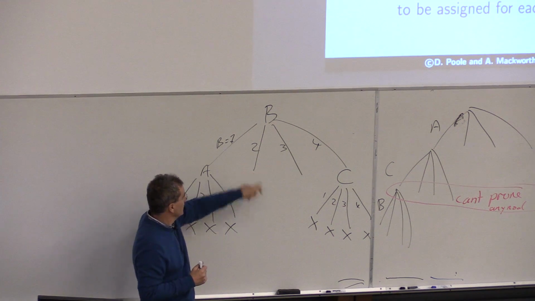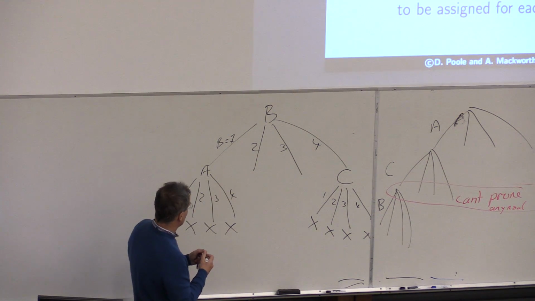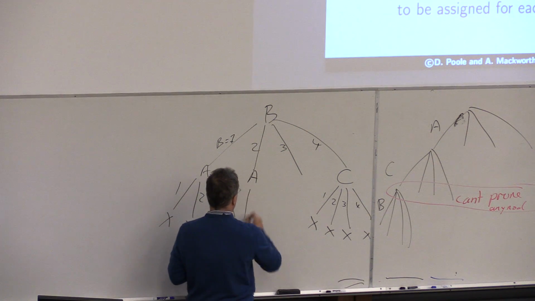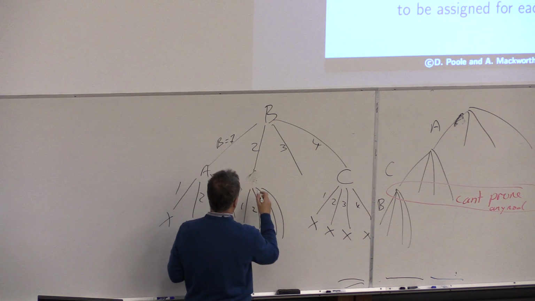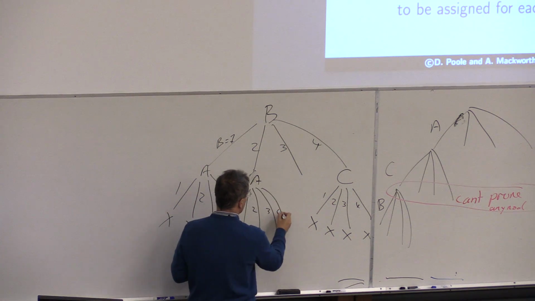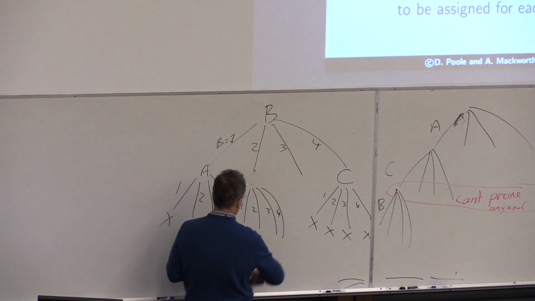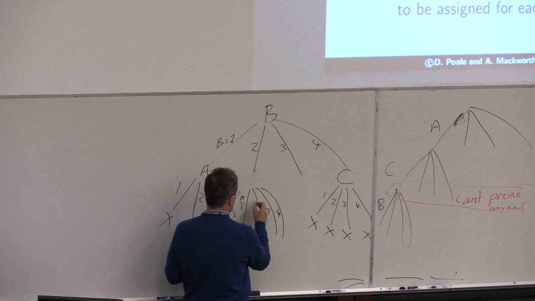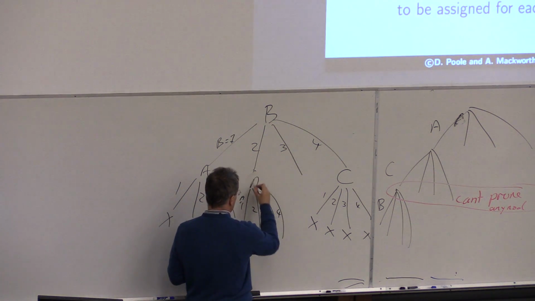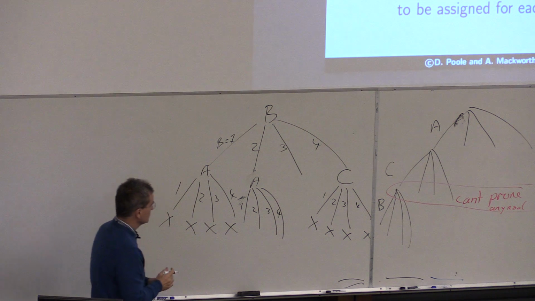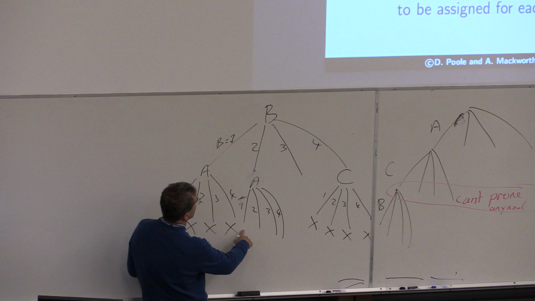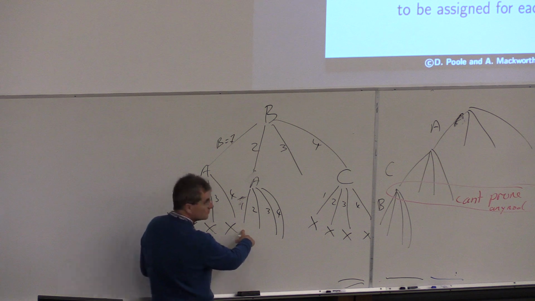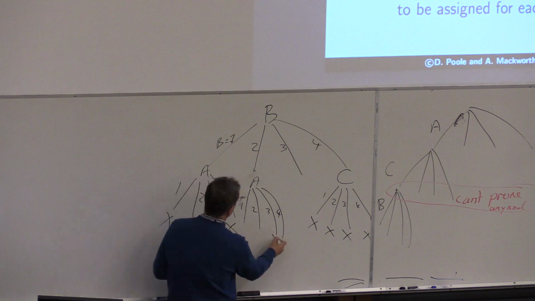And now we can do B here, which again we might as well split here on A. 1, 2, 3, and 4. Actually, A is 1, A is 2, 3, 4. Oh, let's split on A. Right, again, we can prune. What can we prune? 3 and 2, 3, 4.